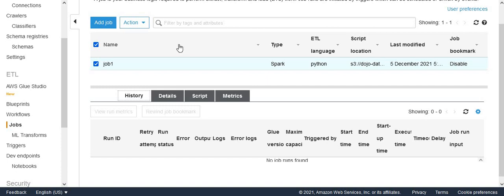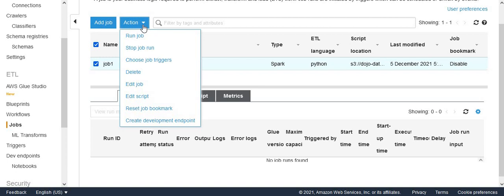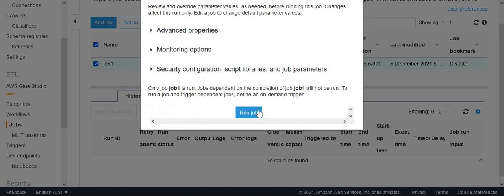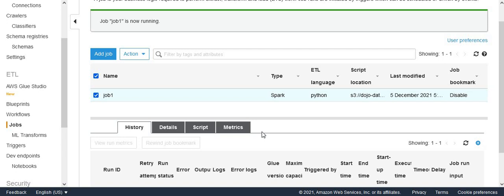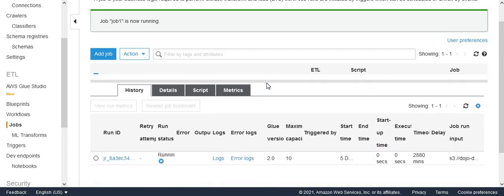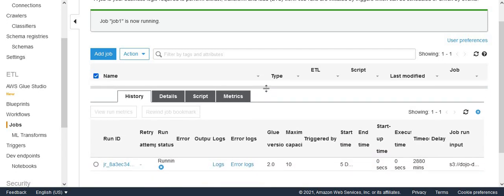So let's start this glue job, and that should start the whole ETL process. So let me run the job. And I started the job. Now the job has started executing, and what I'm going to do is sit here in my